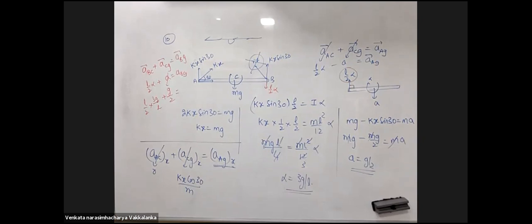And so here, how did you conclude that omega would be 0 at this instant? Because it's not moving. You released it from rest. You cut the spring, means you released it from rest. For a body released from rest, initial velocity, linear or angular, will be 0. Okay, sir. Got it.